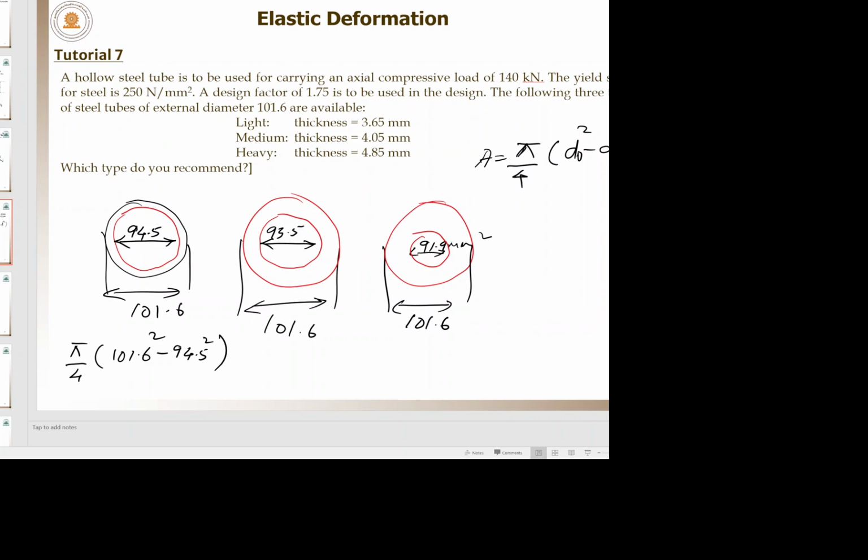For the second one, pi by 4 into 101.6 square minus 93.5 square. And for the third one, pi by 4 into 101.6 square minus 91.9 square. Please tell me the values here. The first one is 1093.5 millimeter square. Okay. For the second one,